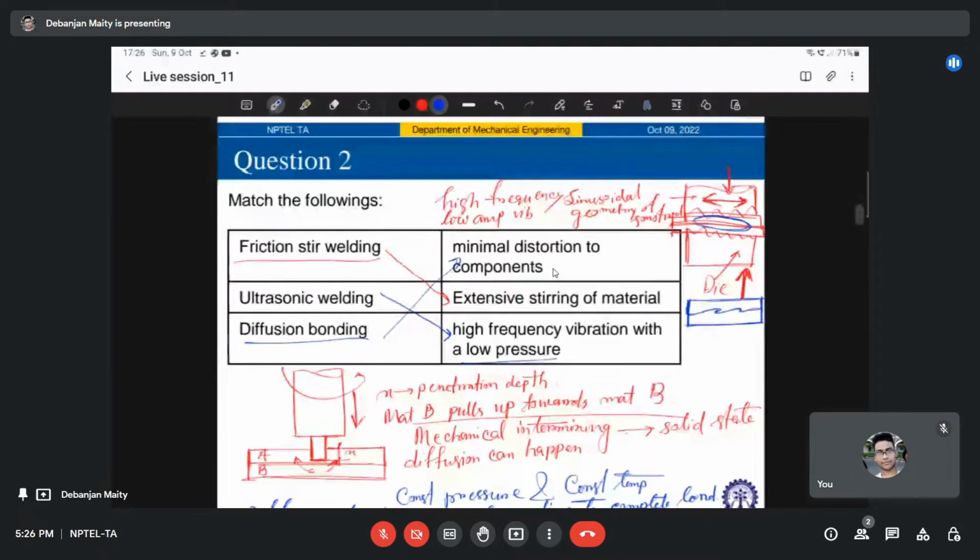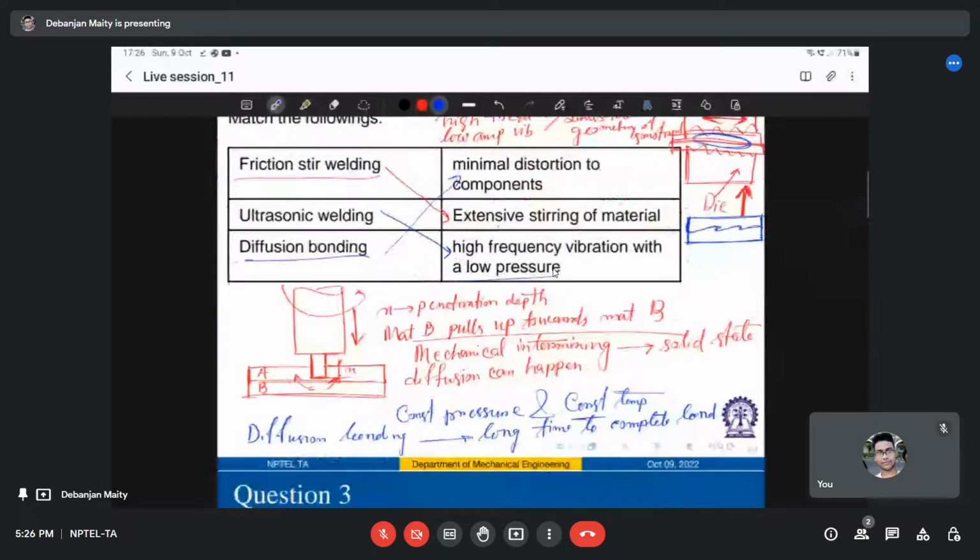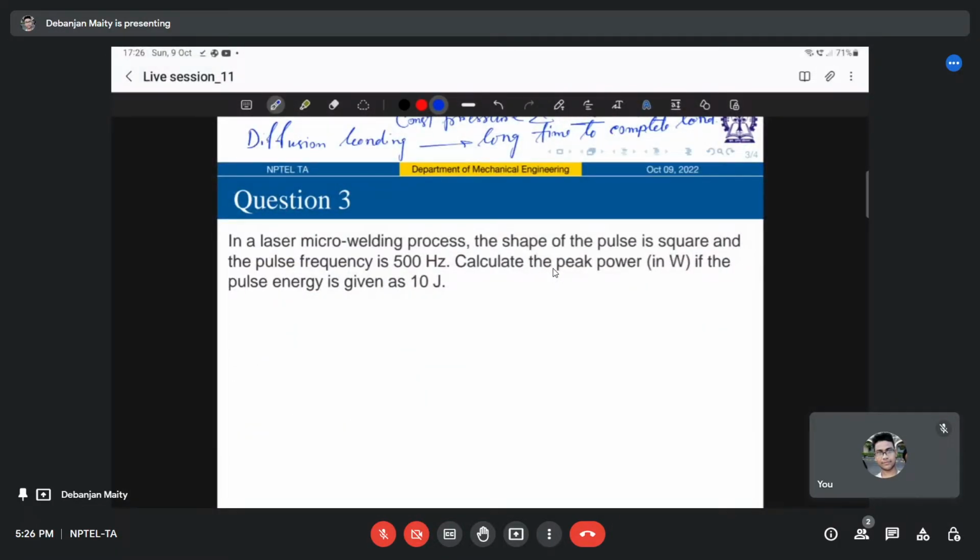Okay, so let's move to the next question. This is a simple numerical question. It says that in a laser micro welding process, the shape of the pulse is square and the pulse frequency is 500 hertz. We need to calculate the peak power if the pulse energy is given as 10 joule. So what we need to do for this one, we need to calculate the peak power, right? So what do we know in terms of energy and power? We know that power